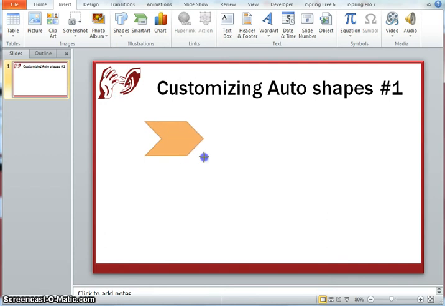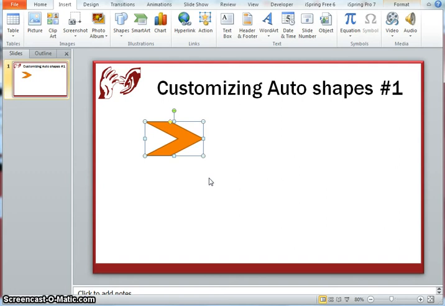What I've been trying to show here is applicable to any of the shapes. It's just that depending on the shape, what options you may get enabled would vary from shape to shape. Any shape that you draw would always have one or more of these yellow handles. And now when you click on the yellow handle, what you can do is further format the shape to either the size or the width or narrowness depending on shape to shape.